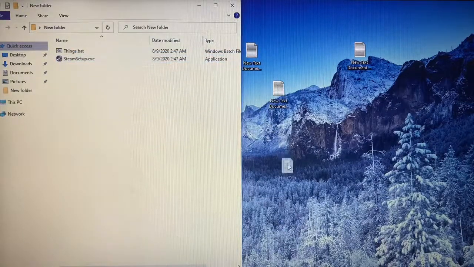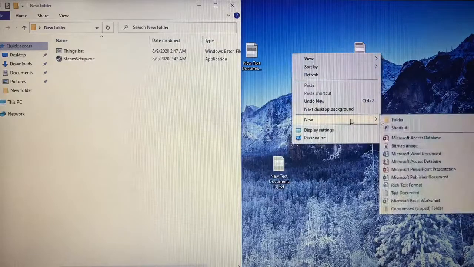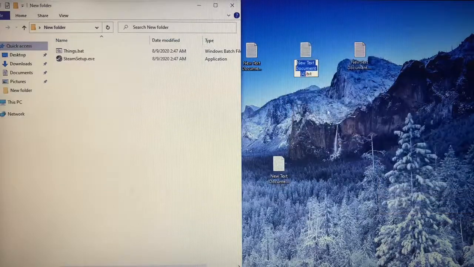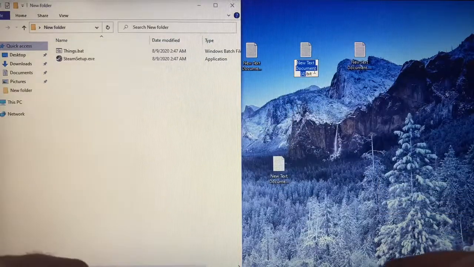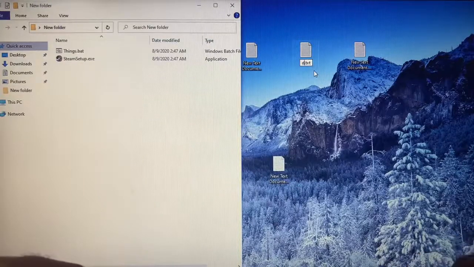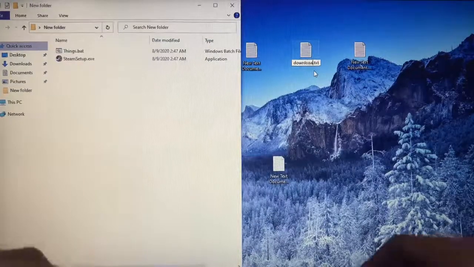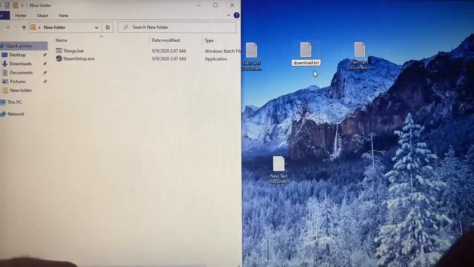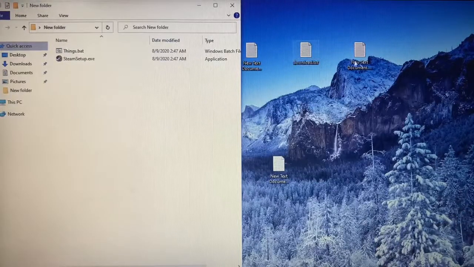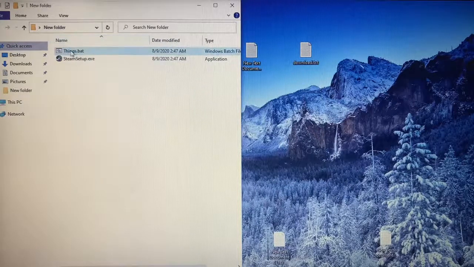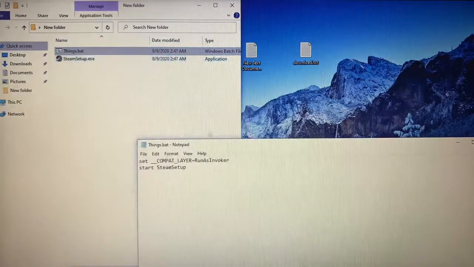First of all, create a text document and just type downloads. Just give it a name. It's not important. And then our command is gonna be